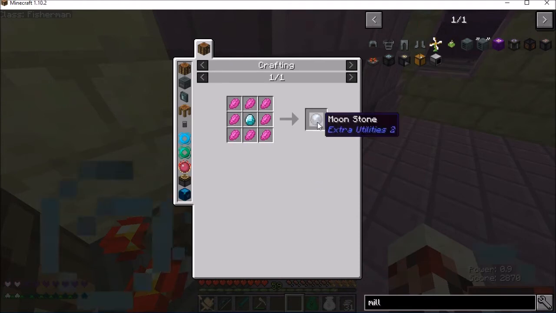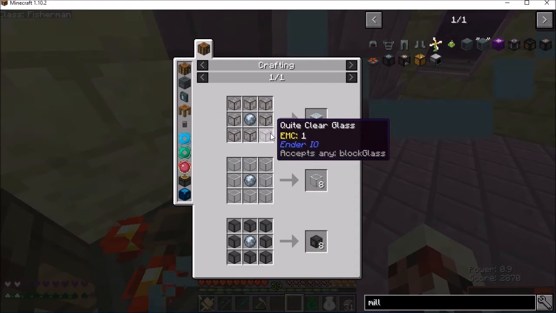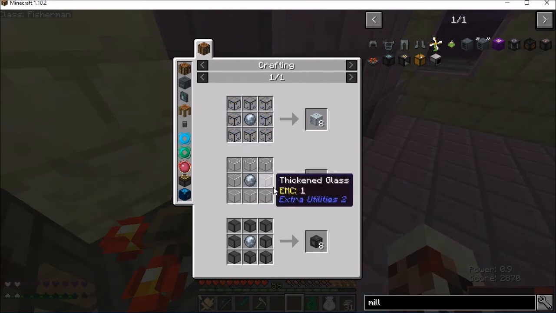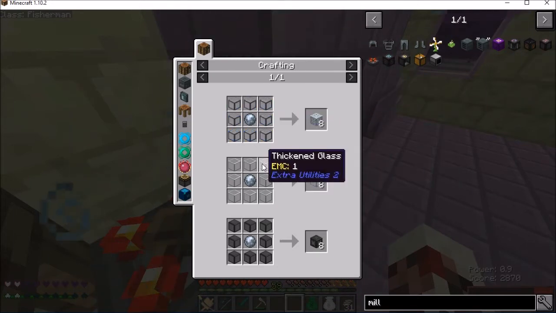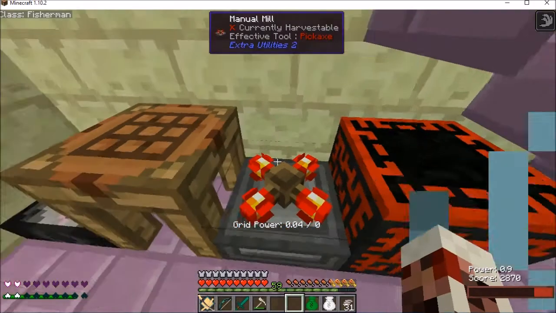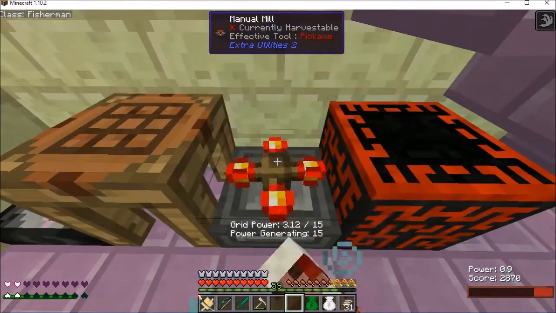And once I have this, I can make it into the ethereal and or ineffable glass. I think ineffable is the one that allows me to go through but mobs not to. Otherwise it's probably the ethereal glass. But this looks more decorative. So yeah, I think this one just makes it look darker, so you can just kind of view through. But yeah, this will enable me to...